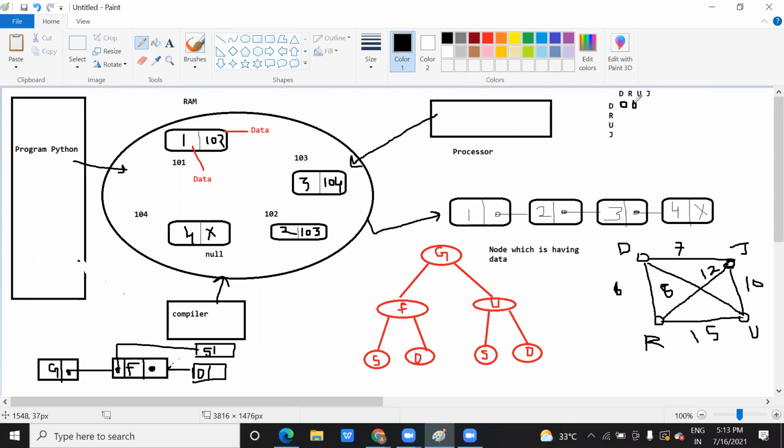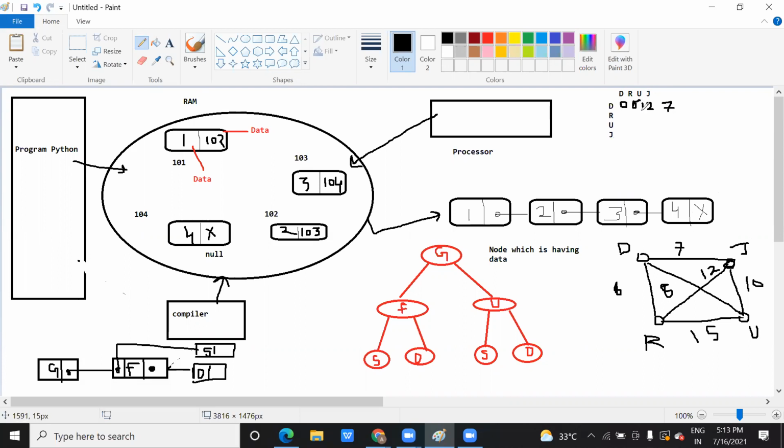Similarly D to U is 12. Similarly D to J, you can see D and where is J? Yeah, 7, right? Like this you will fill in every row.